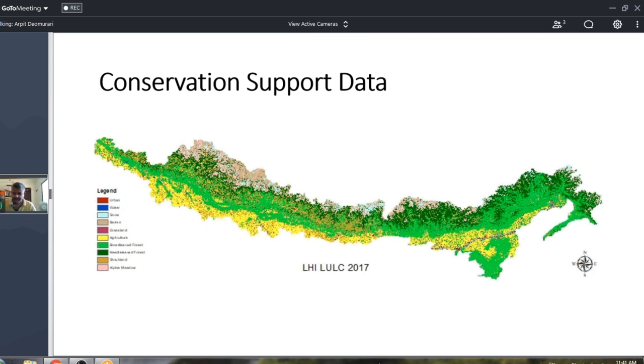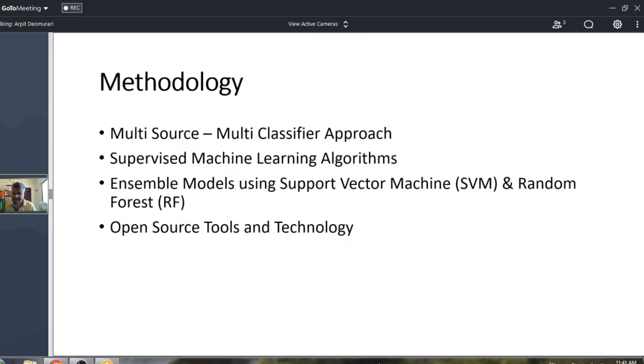So I used a supervised machine learning algorithm, because I knew there are some land cover classes I know, and doing a field survey of the whole of Himalaya is out of the question. I did a new technique called Ensemble, where I made support vector machine and random forest algorithms into one. And this is totally done on open source, and everything ran on the Amazon cloud, because my 120 or 64 GB machine also can't cater to this data set.